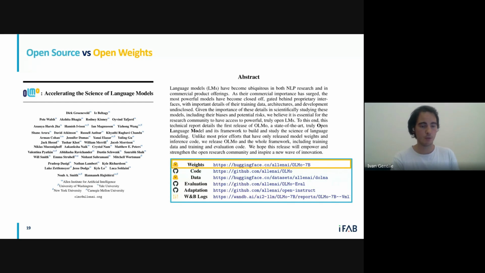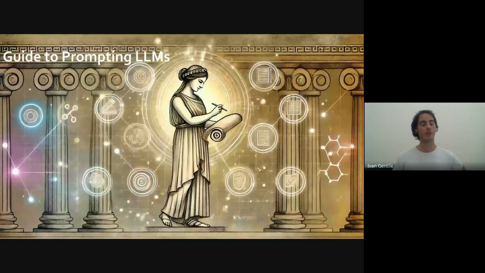If we want to check out a real open source project, we can check out OLMo. OLMo is a project from the Allen Institute for AI in Seattle, and they release not only the weights, but also the code, the data, and the Weights & Biases logs from the training runs. So useful stuff if you want to repeat experiments, as scientists tend to do. So it is very interesting. Another interesting thing is that it has been trained in Europe. It has actually been trained on LUMI, the pre-exascale supercomputer from Finland.